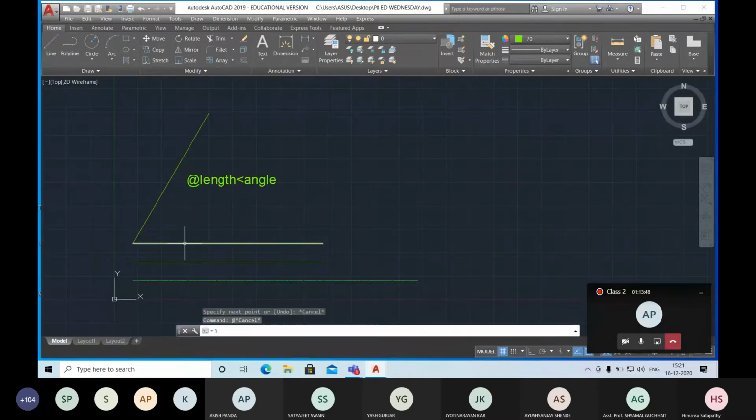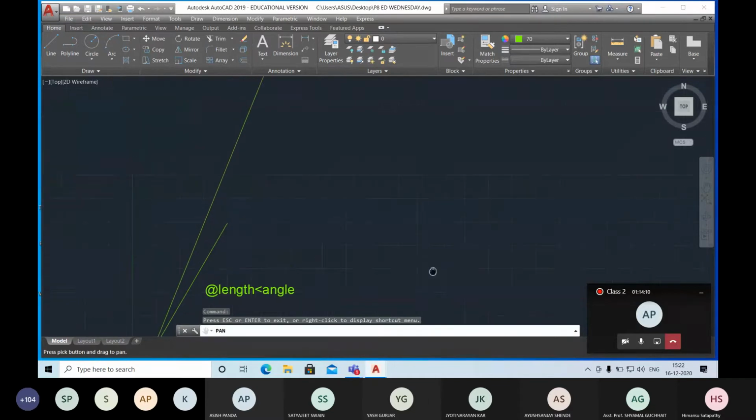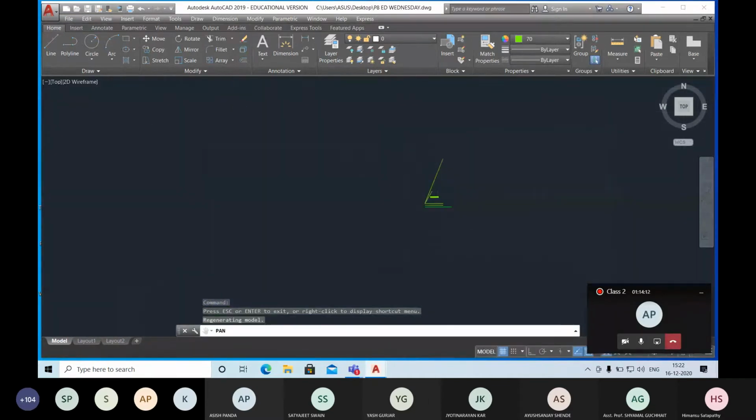If I want to draw a line, 10, 30, enter. You can see this is starting from the same point, at the rate 100, y ordinate. If I mention the y ordinate, like if I mention 250, it is 250 mm. You can see the y ordinate of this point is 250.